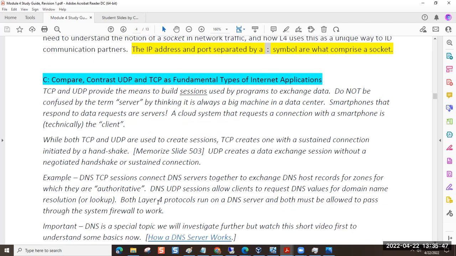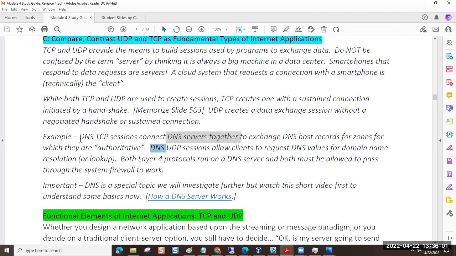All right, so we have two different kinds of internet applications, those with a permanent connection, three-way handshake, and those that are just passing a quick message, a quick chunk. DNS, between DNS servers, a DNS server,